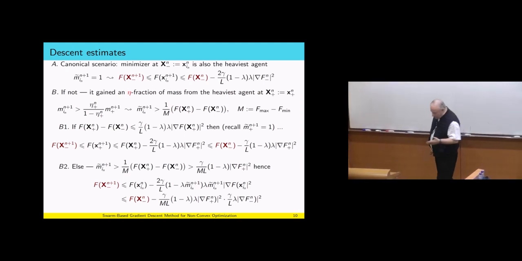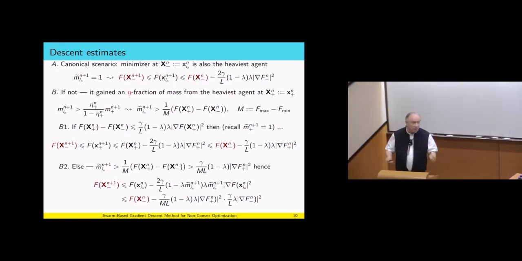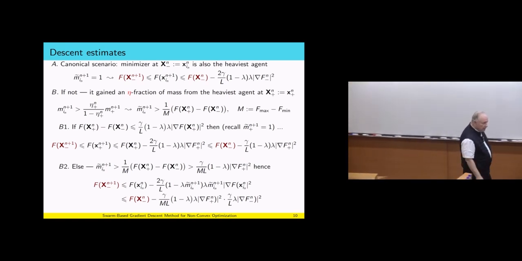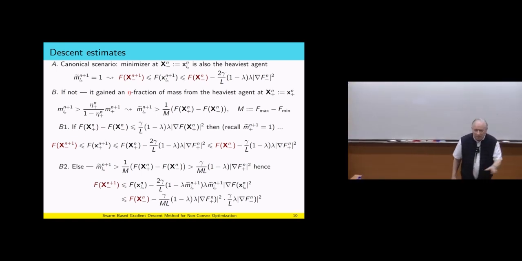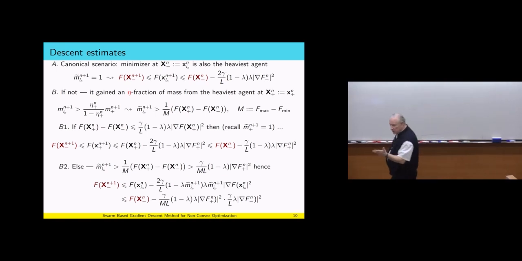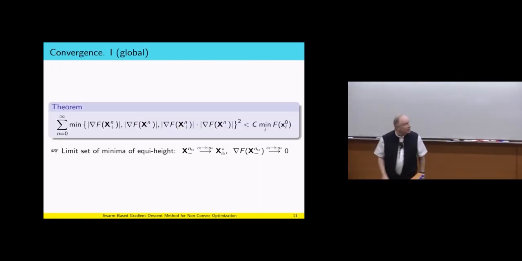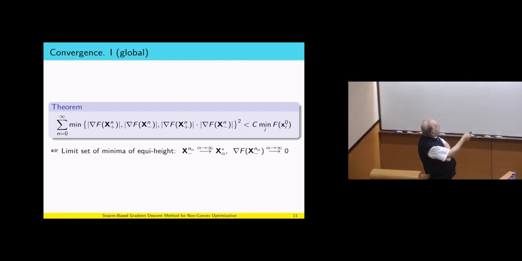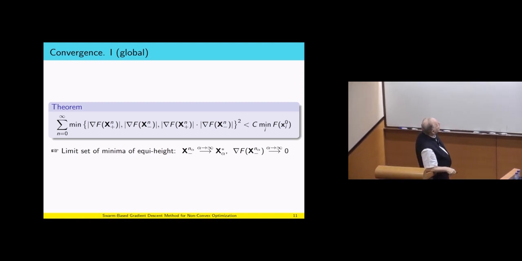And why do I elaborate all these three cases? Only for one reason. In these three cases you see in red, it reads f of x minus at n plus 1 minus f of x minus at n minus something. These are the three cases. So this means that I can do a telescoping sum in n. And all this going down by something could be summed up to something which is finite. And this is exactly the theorem which says that if you sum the minimum between these three quantities, these are the three quantities that quantify how much we go down, it has to be a finite amount.